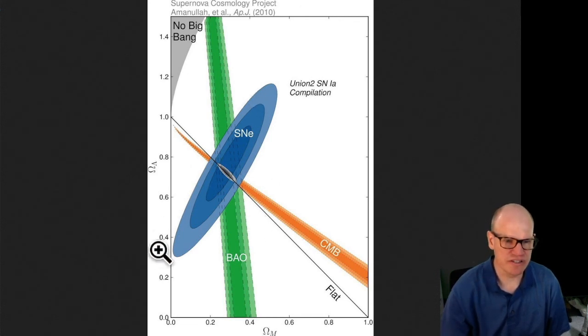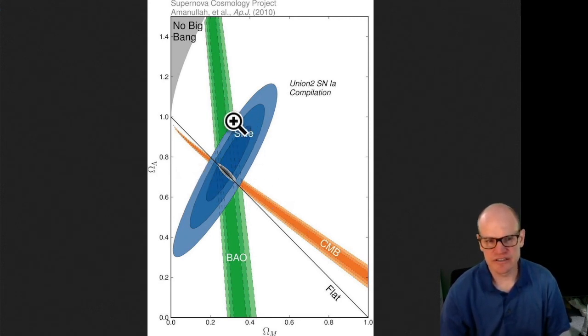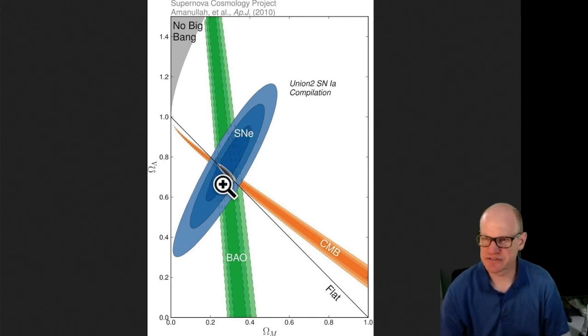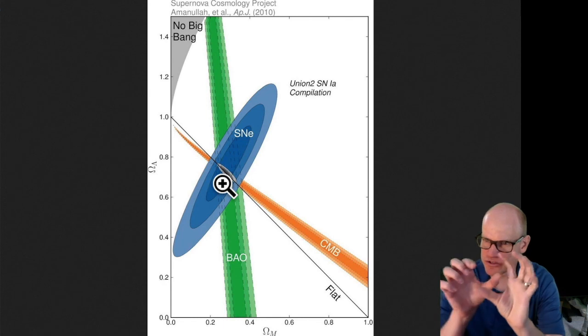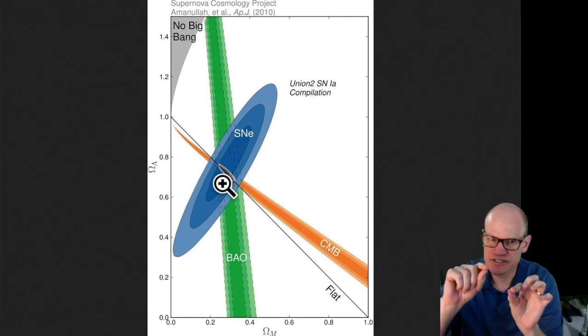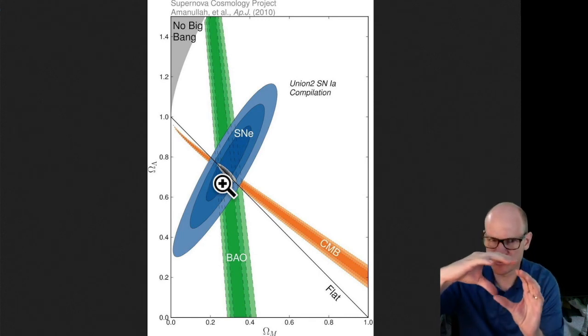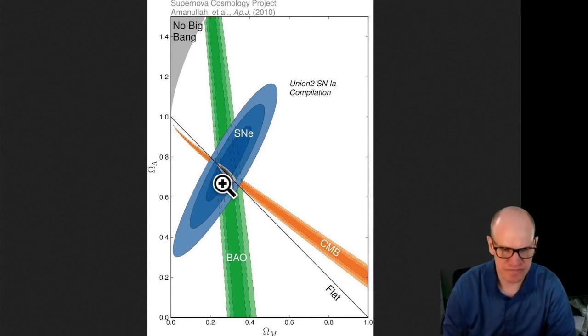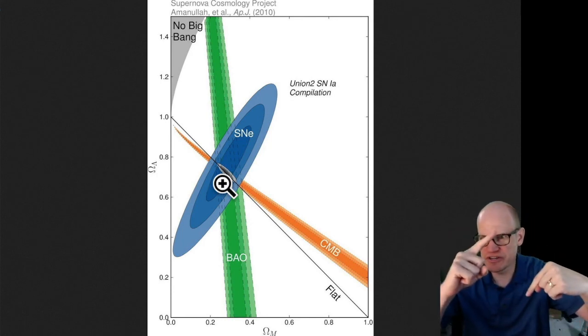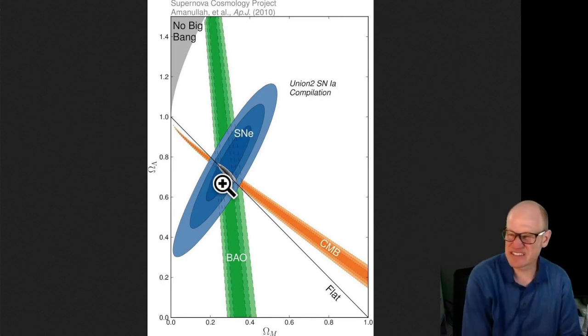Why is the locus of points an ellipse? You mean like, why are these things ellipses? The reason that these uncertainties are ellipses is that it's a first order error estimate. So they make some measurements and that gives them a best fit value and uncertainties in these two parameters. And they only assume a first order approximation to the uncertainty. And so you get ellipses as a consequence. You get the one standard deviation along the major axis and along the minor axis. It's the Fisher analysis, I think is what it's called.